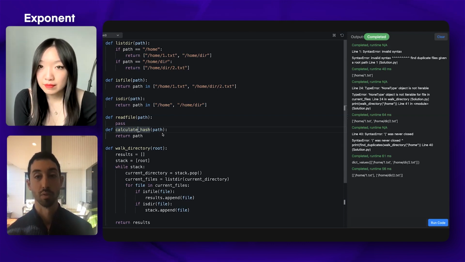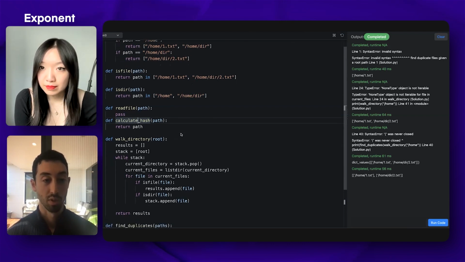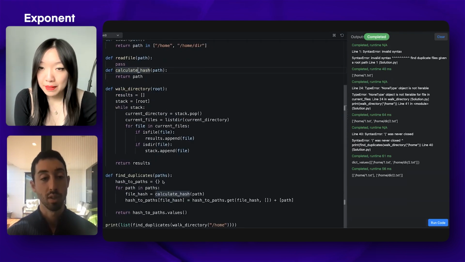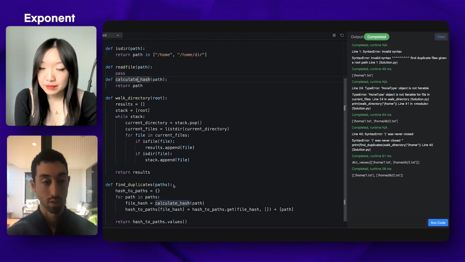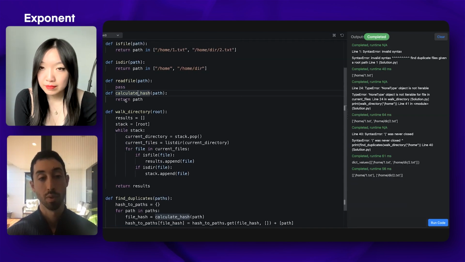So yeah, which might be long, but the space complexity is based on the number of files. It's linear in the number of files, because I just use a constant, a few bytes of hash per file and not the whole file.